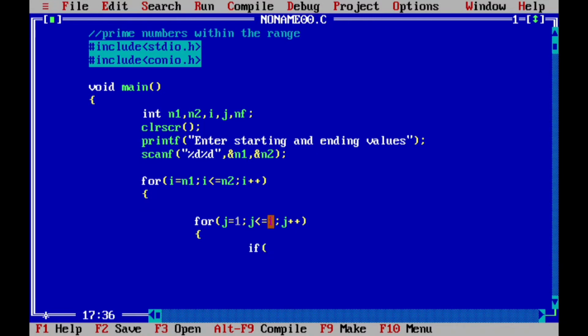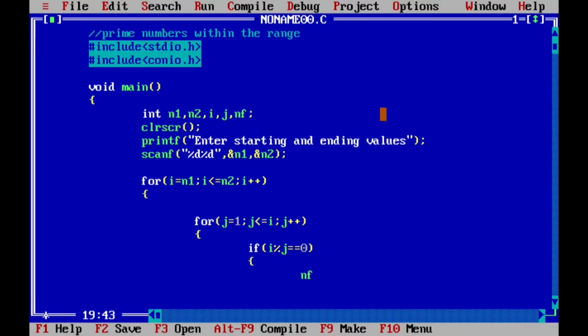If i modulo j equal to 0. If i modulo j, that is, if i is completely divisible by j, meaning the remainder is 0, then j is a factor of this particular i. So bracket open.